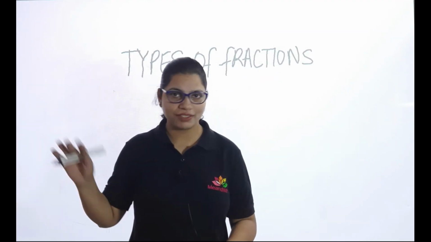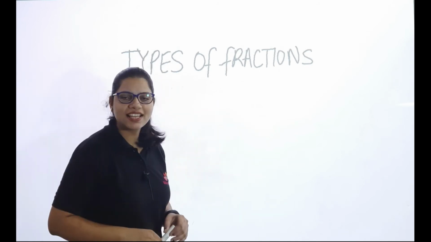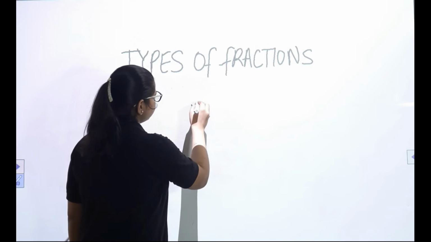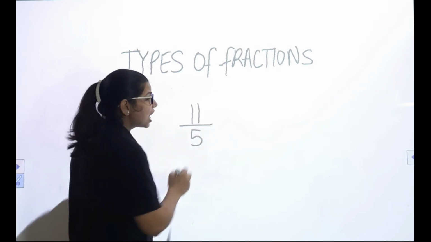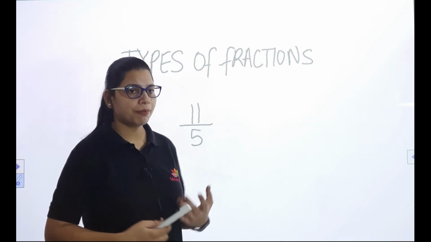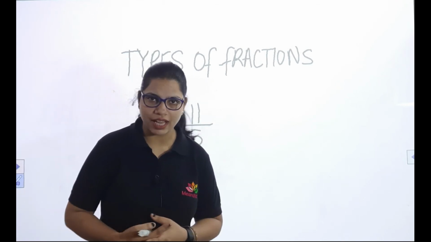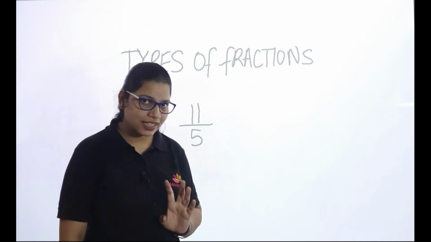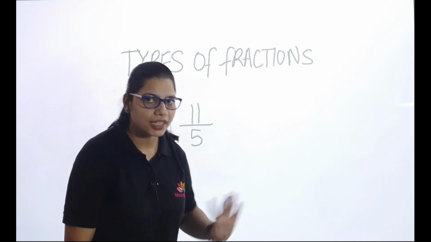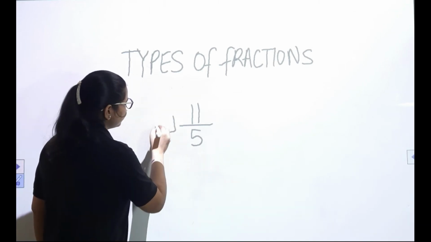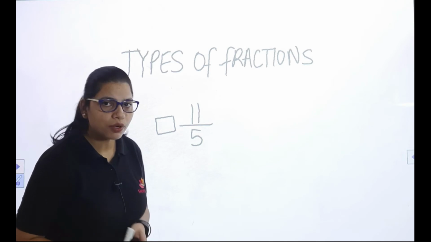Okay, we are resuming after the power cut. So we were just discussing mixed fraction. I've written the fraction 11/5 and I was just asking you, what type of fraction is this? Is it mixed, proper, improper, like or unlike, or unit fraction? It could not be unit because a unit fraction has numerator 1 always, right? So it can't be a unit fraction. Now mixed, for mixed there needs to be a whole number, but here there is no whole number,